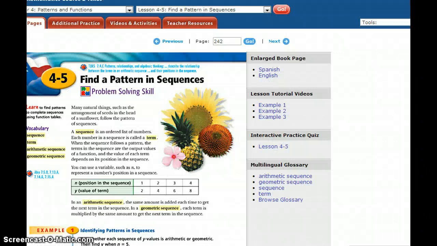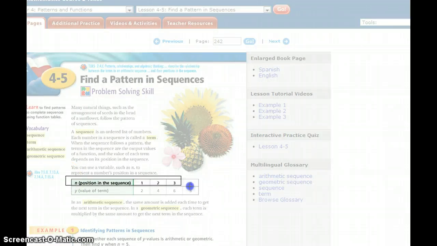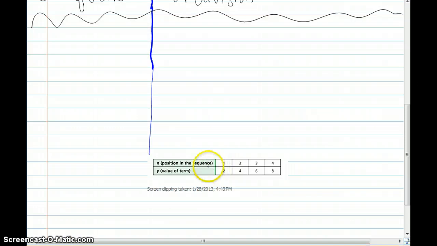All right, so on your chapter 4-5 in your blue book, page 242, we're gonna clip this table out, and please don't take a pair of scissors and cut this out of your book. Alright, that would not be good. Alright, we're looking at this sequence,